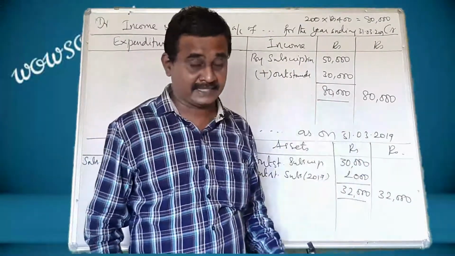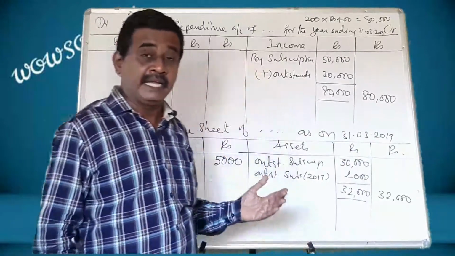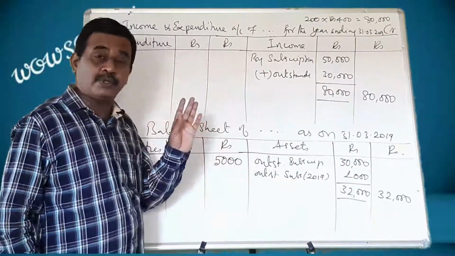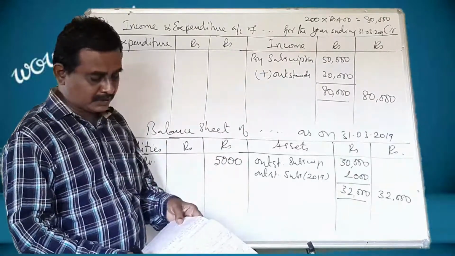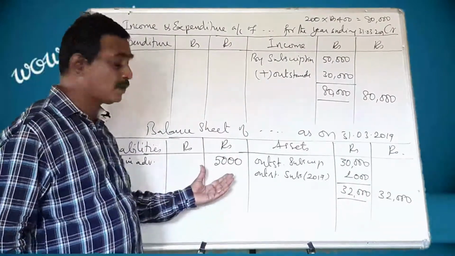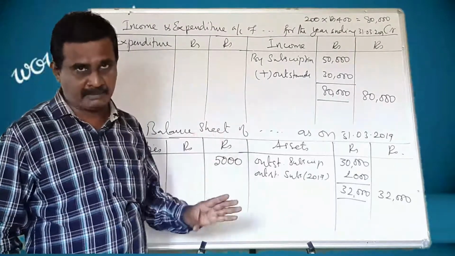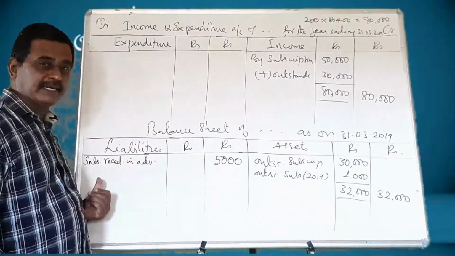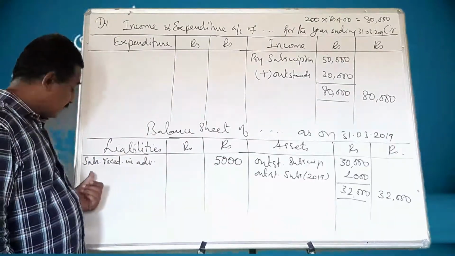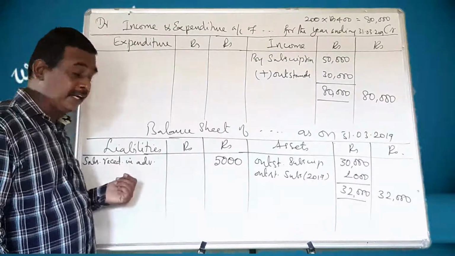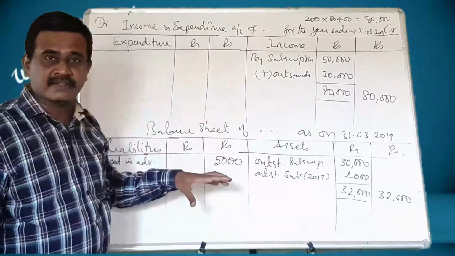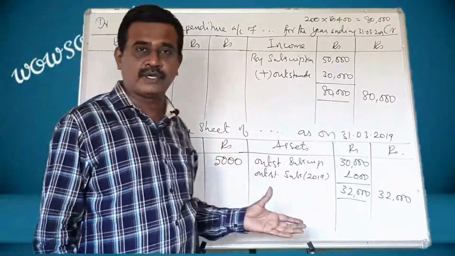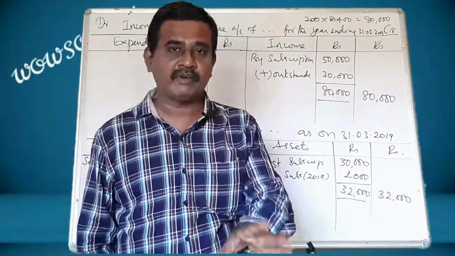It is an asset. And at the same time, in the receipts and payments account, you can see that for the year 2019-2020, we have collected 5,000 rupees. It becomes a liability. So it is shown in the liability side. How do we show? Subscription received in advance 5,000. So these two make the final account, and I have shown it, and I hope you have understood this.